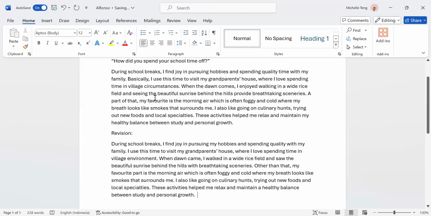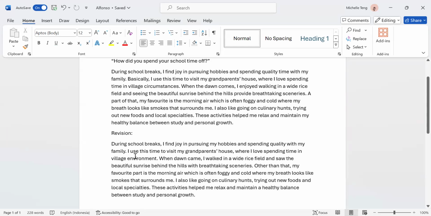Basically right here, I remove that word because I don't see it as necessary, since you just started the whole sentence: I find joy pursuing. So this is okay. Now we just use the word "basically." This is the start of the sentence, so you're trying to open a whole new topic, and then you said "basically." When you use "basically," it is usually for something that you want to summarize. So that's why I eliminate this one.